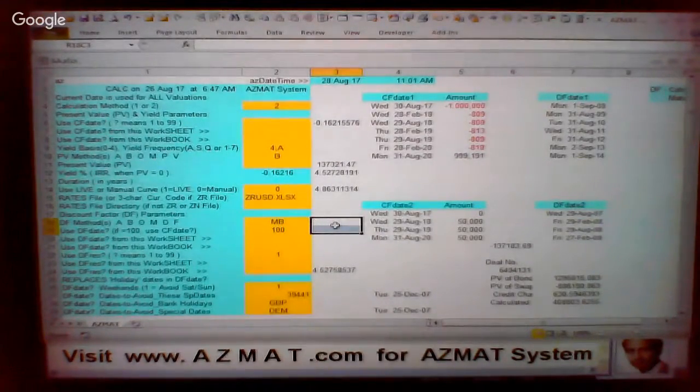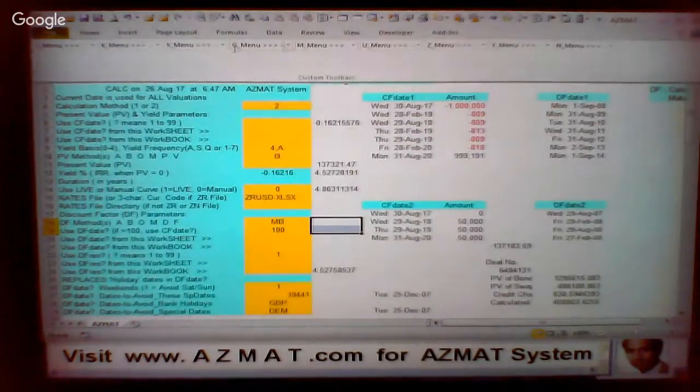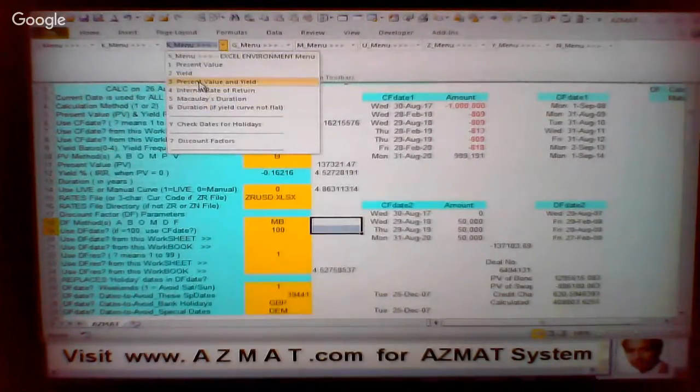Very quickly, I'm going to read through here. If the present value and yield command is used from the X menu, the AZMAT system enters the result of calculations in the cells of present value, PV, and yield within the AZ parameters area. The results are also displayed in a message box, but the display is suppressed if the display results feature is